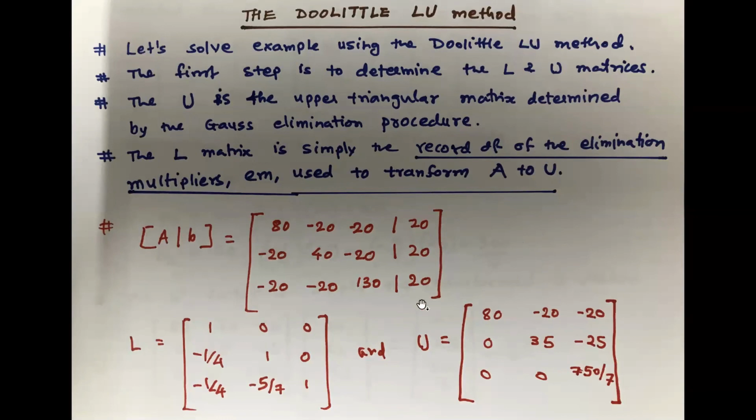When we make the upper matrix by Gauss elimination, making these 3 elements 0, whatever coefficient multipliers are there, we are replacing them in the lower triangle, something like this here: minus 20 by 80, minus 20 by 80. So we are getting minus 1 by 4, minus 1 by 4. And after that first operation, whatever multiplier we use here to eliminate this will be minus 5 by 7. That will come only through the process of Gauss elimination, these 3 elements. So we have replaced them and made the diagonal unit.